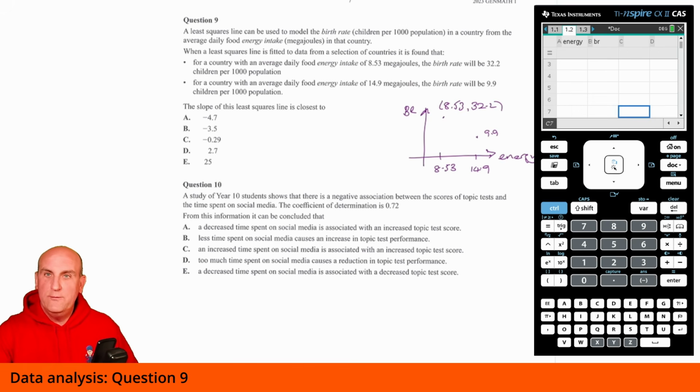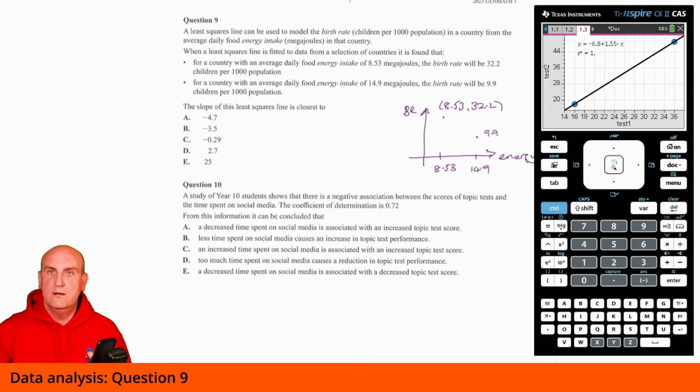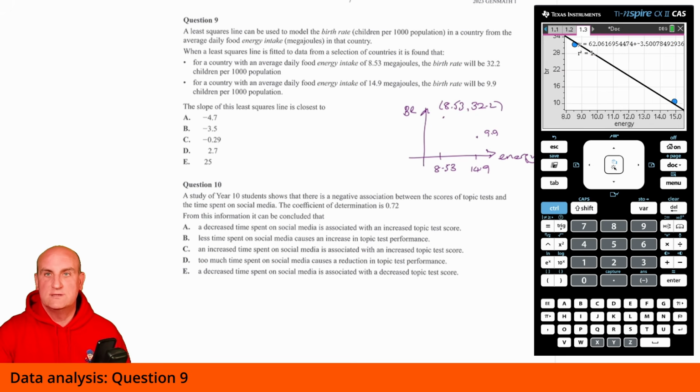And then I went, oh, here we go. We go back, and hold on, my data disappeared off there. And I was like, why did that change? Well, obviously, because I've now got to change my things here. So what did I have? Energy and birth rate. And I was like, yay. And that seemed to fit really well. And so what did I have here? I had y is equal to 62.06. Well, I'm not interested in that. I'm interested in my gradient. And again, the trick to this question was that plus and minus there, which meant minus.